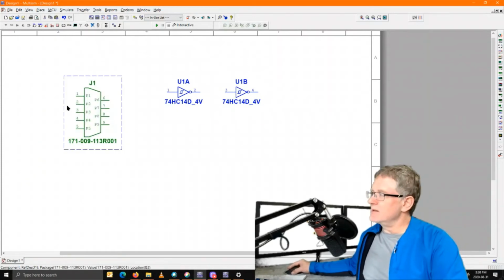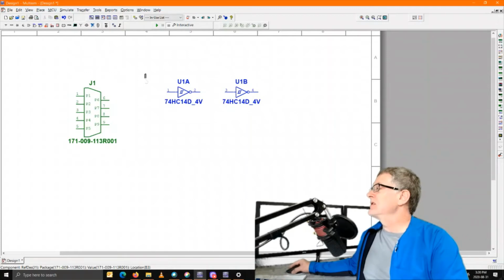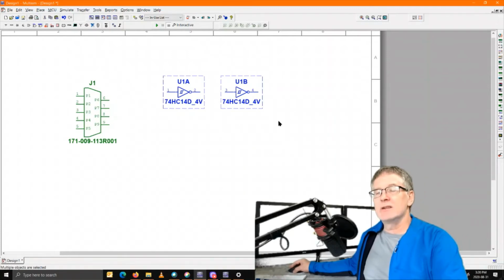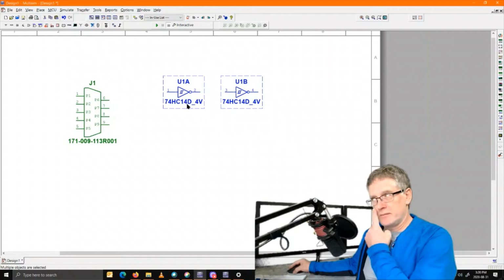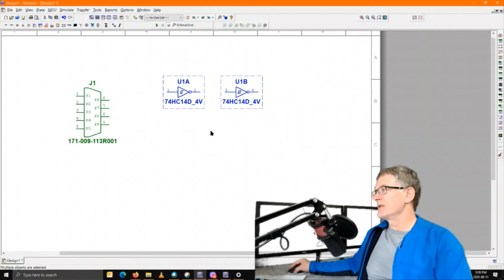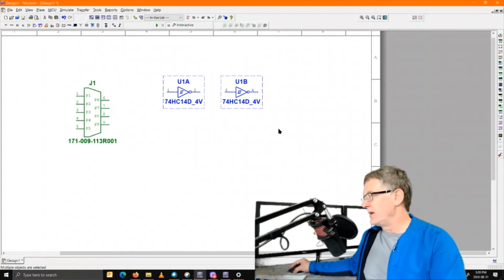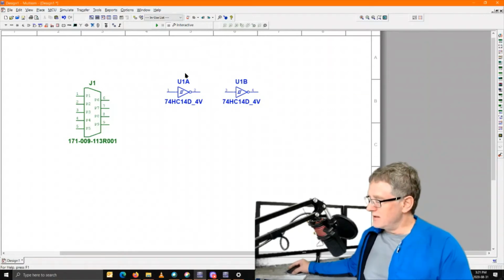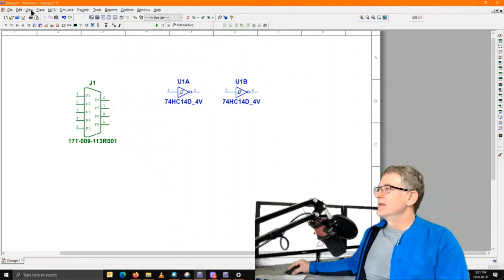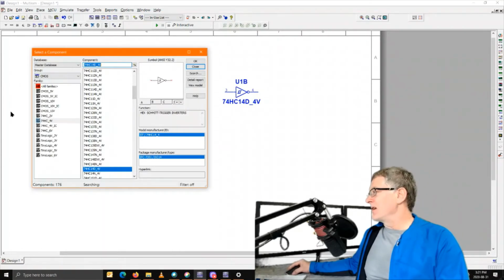So this is an example of a specific part that has a symbol and a footprint associated with it. This is an example of a more generic part done in a multi-part schematic that has several different types of, you could buy it from several different manufacturers. This particular one's only available from one guy. This is available from several people in this footprint and different footprints. So that's another type of symbol. And then there's another thing that I could place,